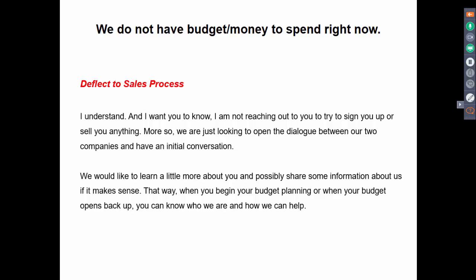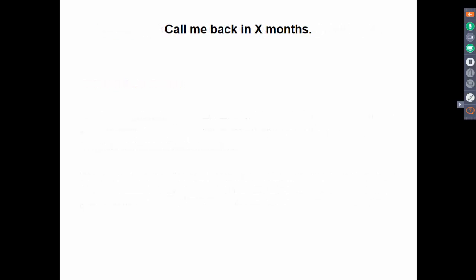So the difference there is at the end of it, it's saying, when you begin to do your budget planning, because that's logical actually. If their reason for not meeting with you is that they don't have budget right now, then when they have budget, it's going to be too late for them to meet with you. Because when they're doing their budget planning is when they need to consider purchasing from you. So if you think about it, the fact that they don't have budget right now is a reason why you need to meet right now. It's like, okay, well, you don't have budget right now. You're probably going to be doing budget planning soon. So that's why you need to start the conversation. So just something to think about there.